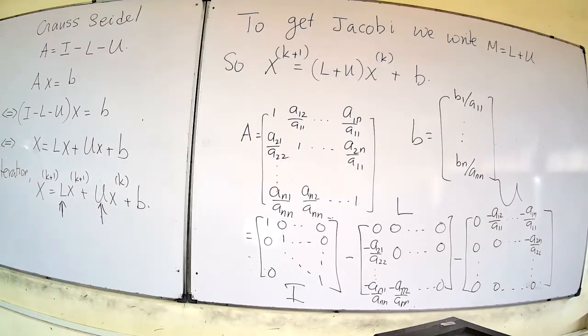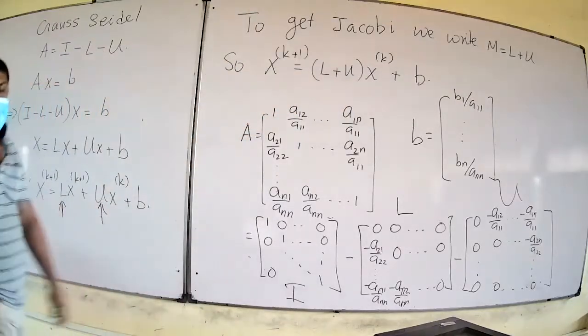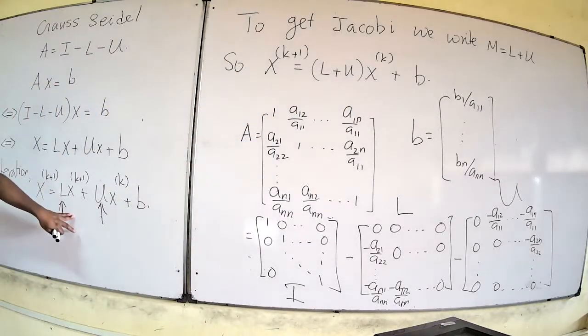So that is how you can see the form change in the iteration, from the element-wise notation to the matrix notation of the Gauss-Seidel and Jacobi iteration. So you can always use the matrix-wise notation, or you can always use the element-wise notation. Whichever is easier for you, you can use. So you can use this matrix technique or the other element-wise technique.